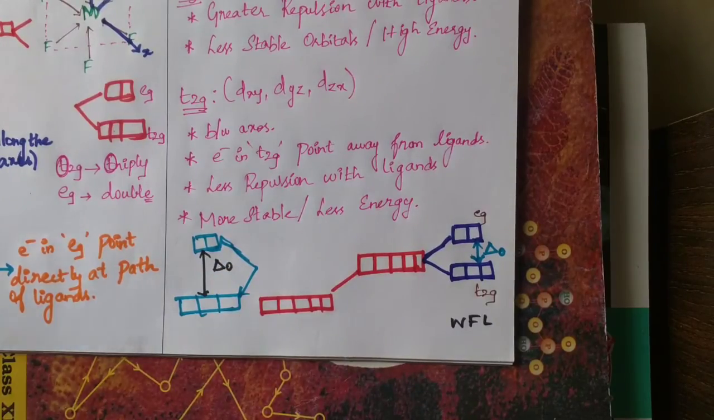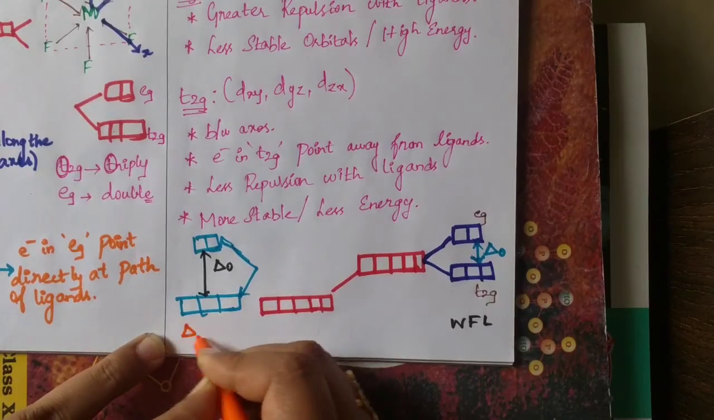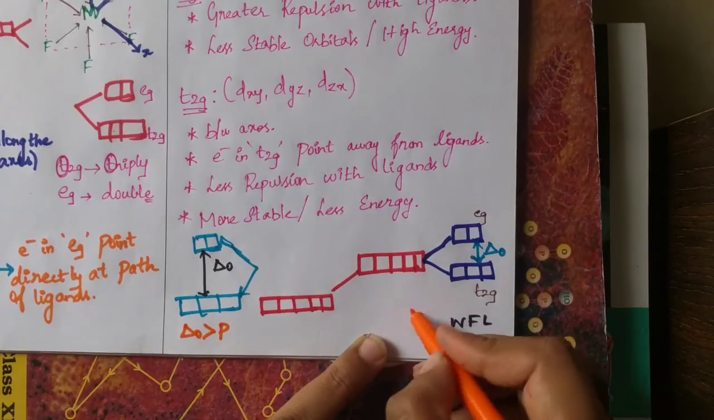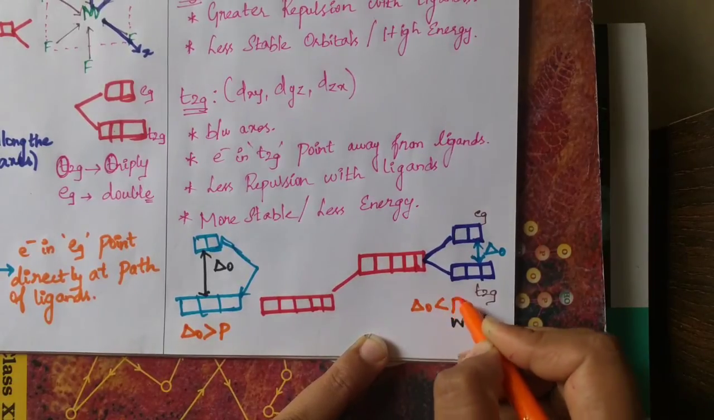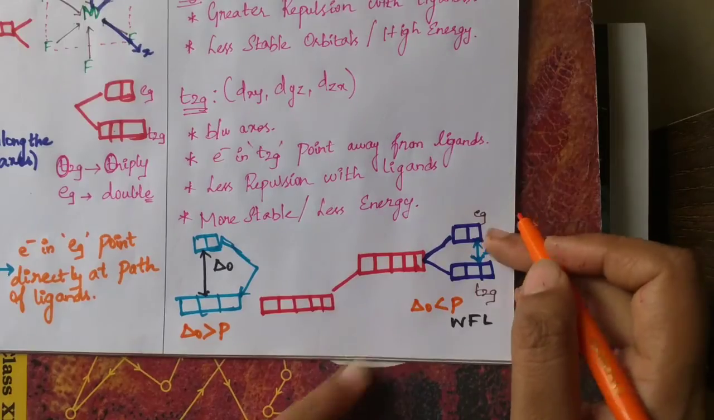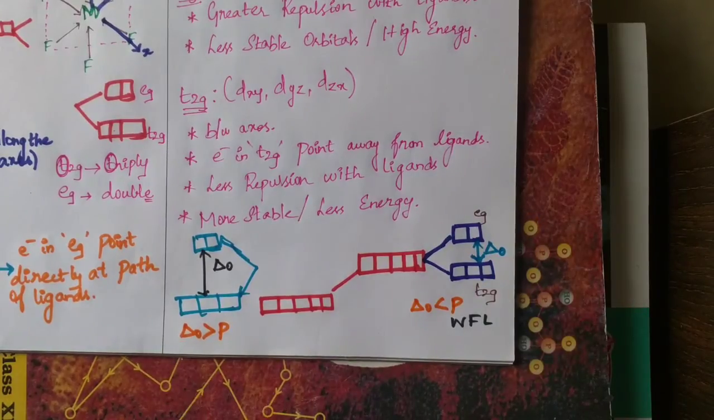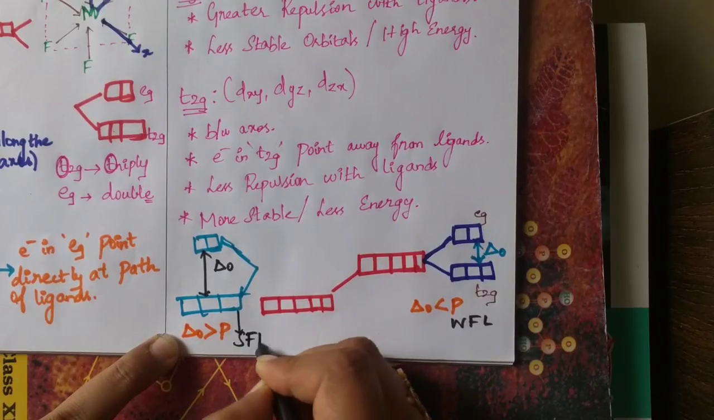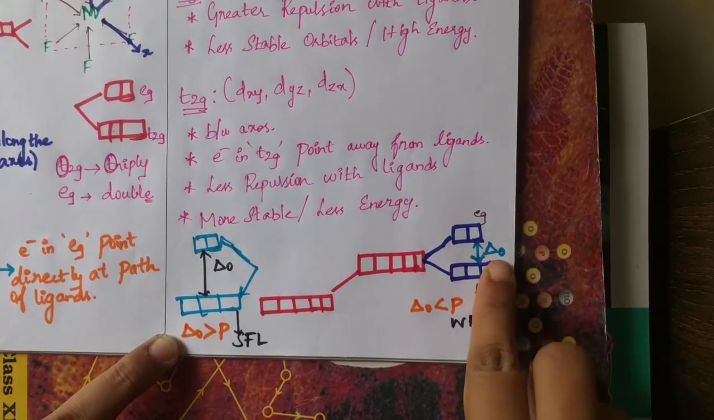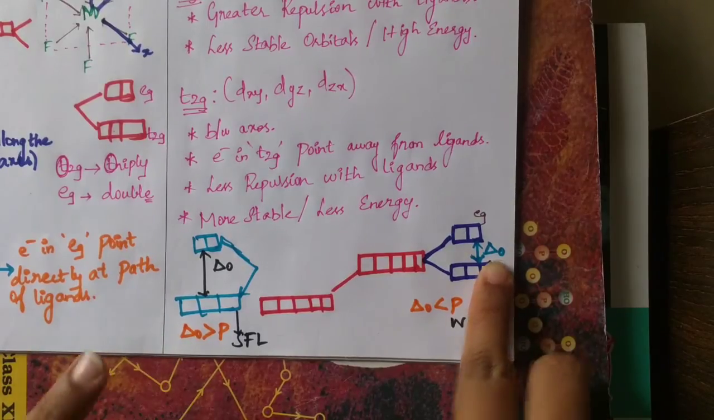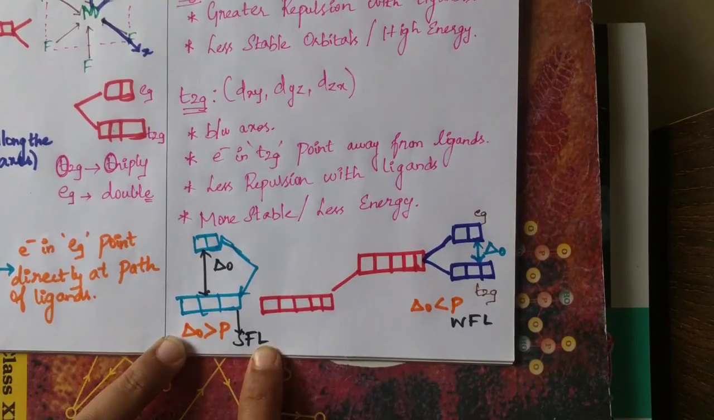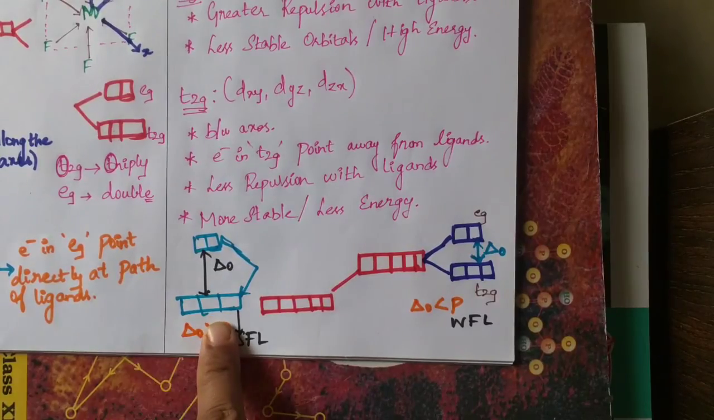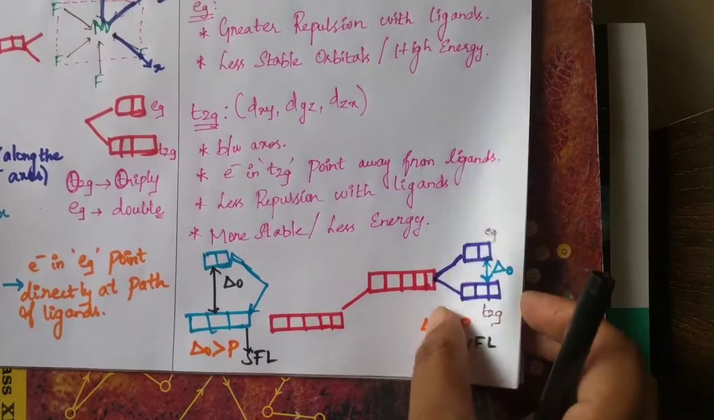So here the condition is Δo is greater than pairing energy. For weak field ligands, Δo is less than pairing energy. That's why the electron easily moves to the eg level. So this one is for strong field ligands. Clear, students? If weak field ligand, the Δo splitting value is less. For strong field ligand, the Δo value is more. That's why pairing takes place here. Clear, students? Next,